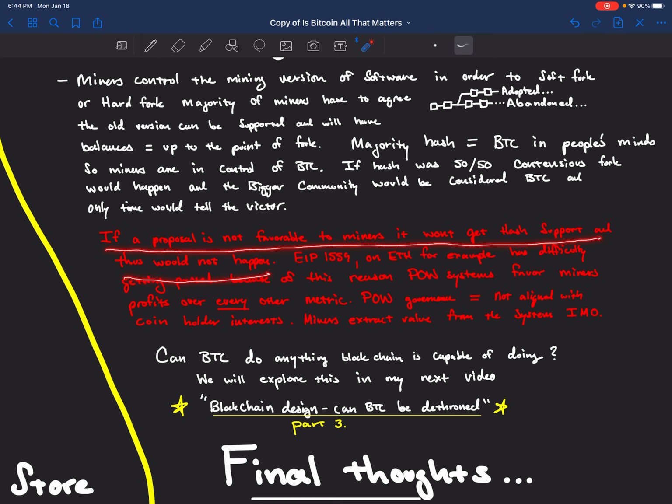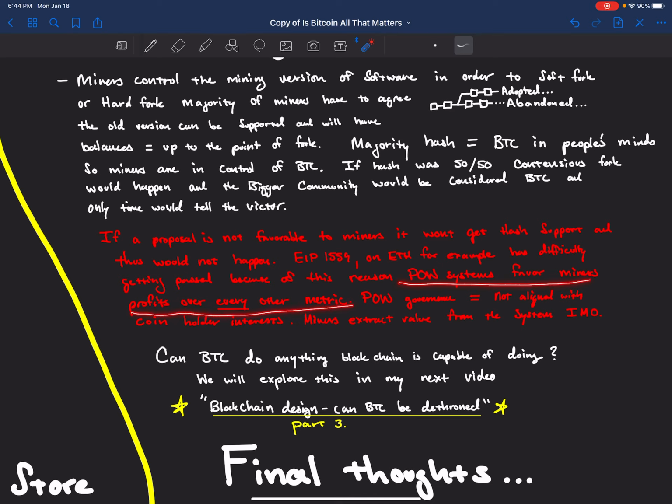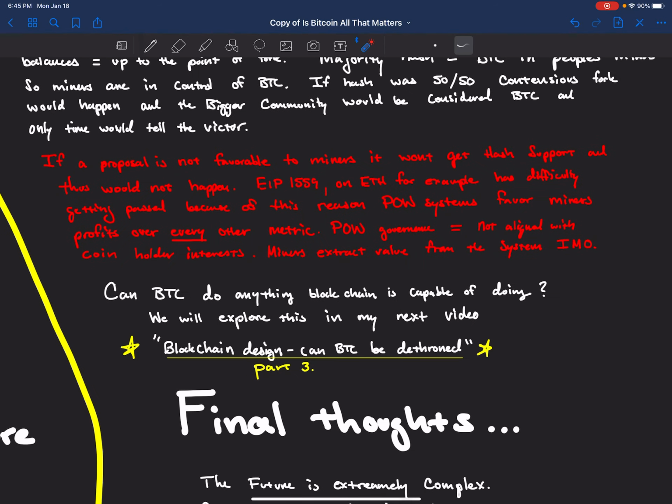So, for instance, EIP 1559 on Ethereum is a very popular proposal, but it's not popular to miners. Proof of work systems favor miners' profits over every other metric. Proof of work is devastating for efficiency, once again. So proof of work governance is not aligned with coin holders' interests regarding efficiency. Miners extract value from the system, in my opinion. We do need to move past miners. I would even like Bitcoin to do that if it could figure out a way to do it. I know that sounds crazy, but